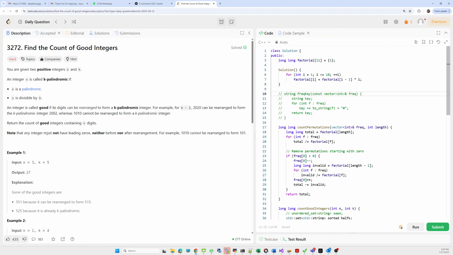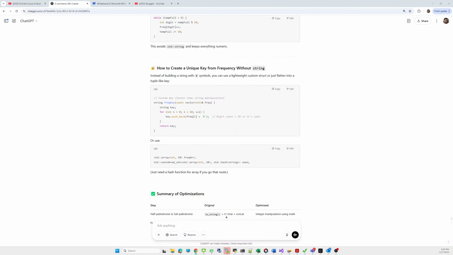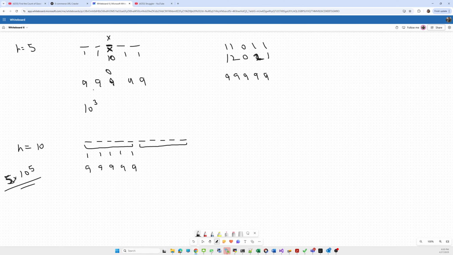Note that any integer must not have a leading zero. Means no integer will have a leading zero, like 010, this is not included, or 1010, this is also not included. And one more scenario, 0110, this is not included either.